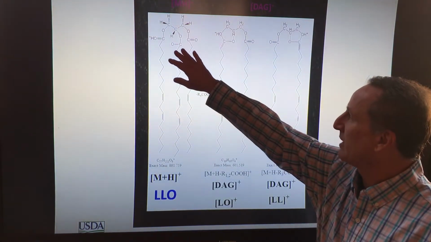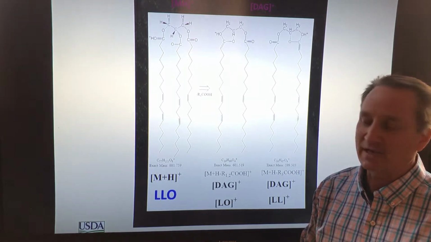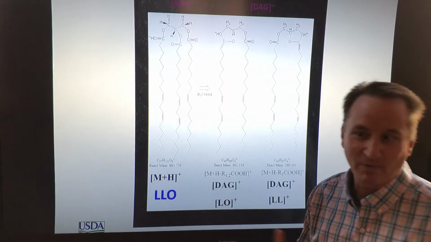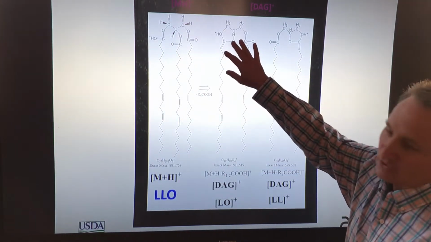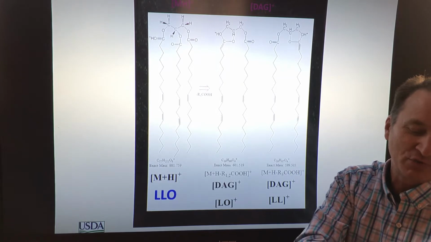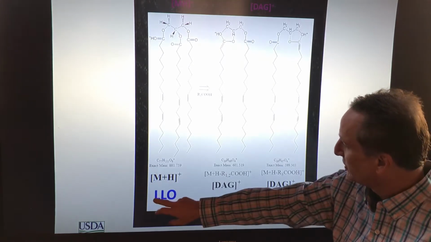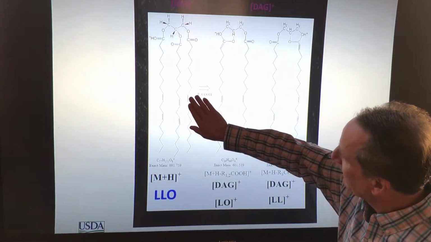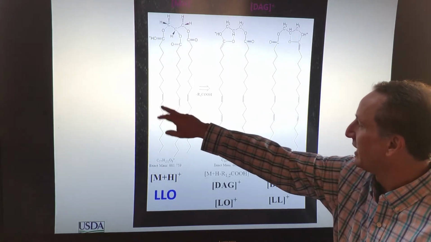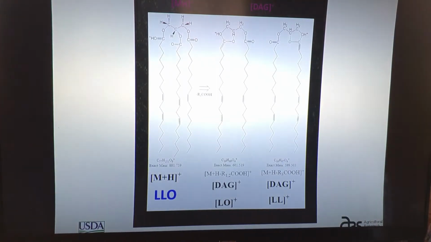So when it goes through the mass spectrometer, we fragment it in order to get big pieces of it. And so being a mass spectrometrist is being a puzzle meister. You put the pieces back together and figure out what the original molecule was. These are the diacylglycerol fragments, two fatty chains. This is an LO and an LL because there were 2 L's and 1 O, so there are 2 ways to get the LO, but only 1 way to get the LL, so there'd be twice as many of this one as there are of that one. Anyway, that's the diacylglycerol fragments that come from